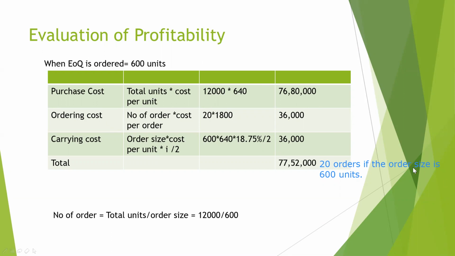The ordering cost will be the number of orders, that is 20, multiplied with the cost per order, which is given in the question as 1,800, giving us 36,000 as the total ordering cost. The carrying cost is calculated by multiplying the order size with the cost per unit with the percentage divided by 2. This is basically, to make this formula simple, carrying cost is calculated by average order size, that will be order size divided by 2